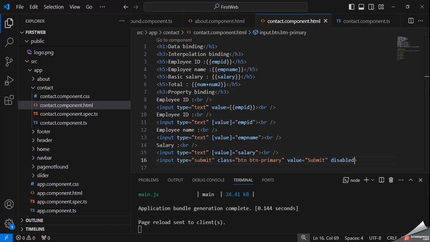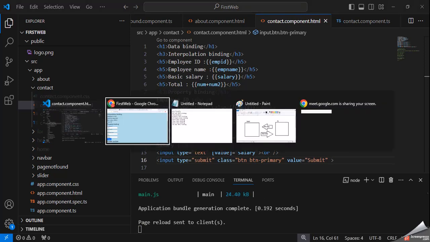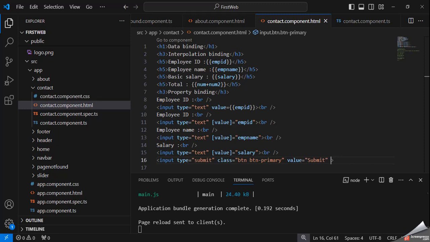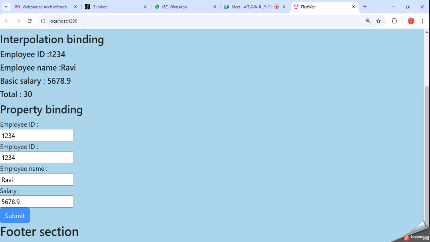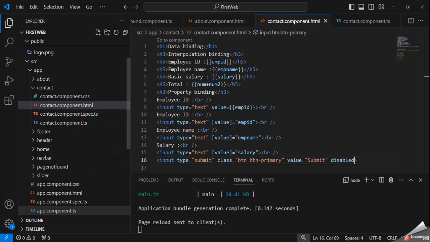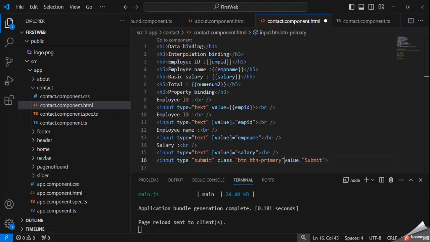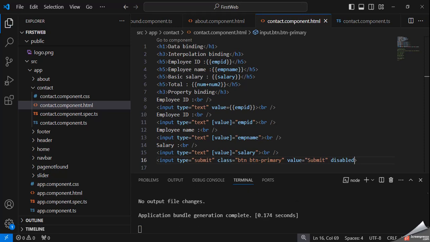And if you remove this, it is enabled. Understood?